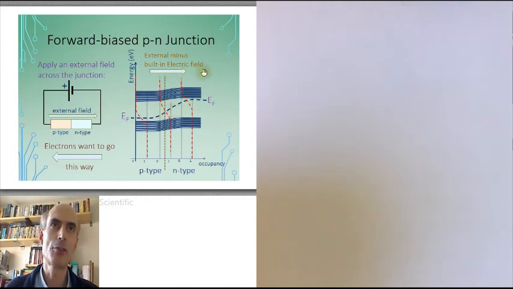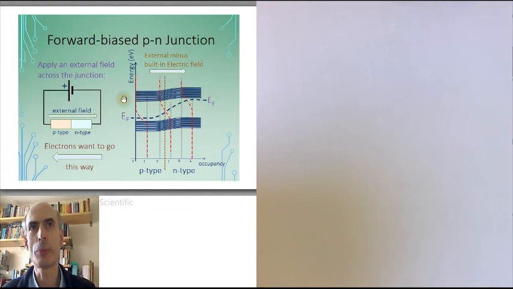In this case, the electrons are trying to flow this way, and that's much easier because they're flowing in from the n-type material over here towards the junction at the bottom of the conduction band. Then, at the junction, they have to drop down to the available states in the p-type material here at the top of the valence band,